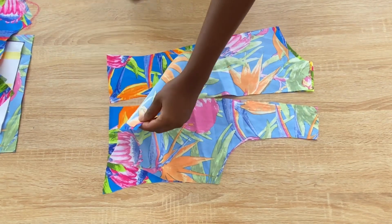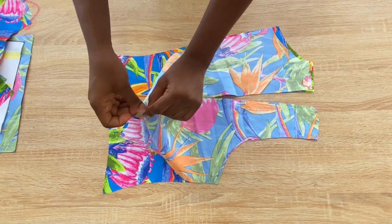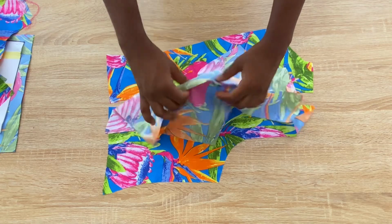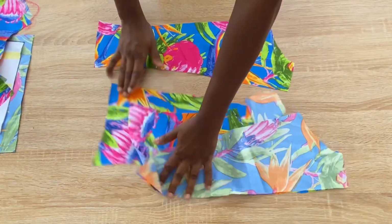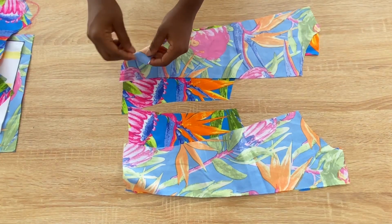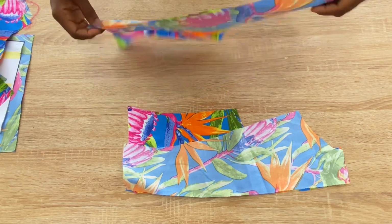So pin one side of the center back to the side piece, pin it together, right side facing each other, and go ahead and stitch. I'll do the same thing to the other side. Pin the other center back to the side back, right side facing each other, and just go ahead and stitch